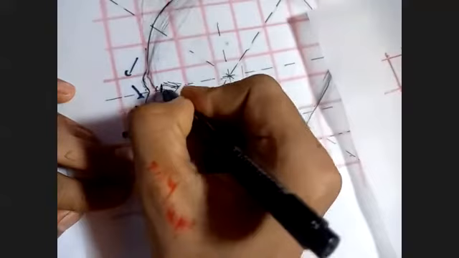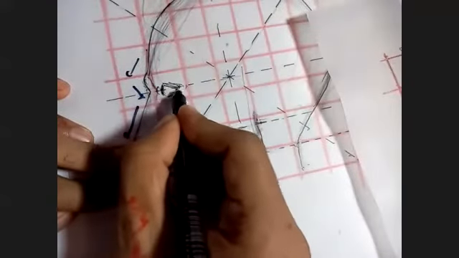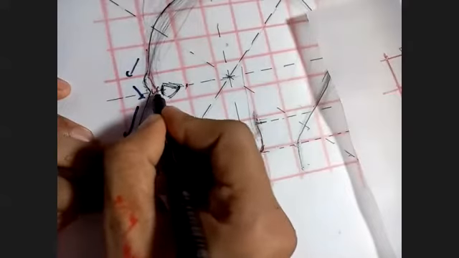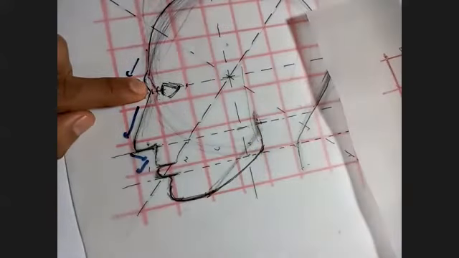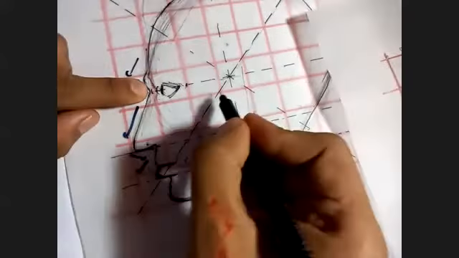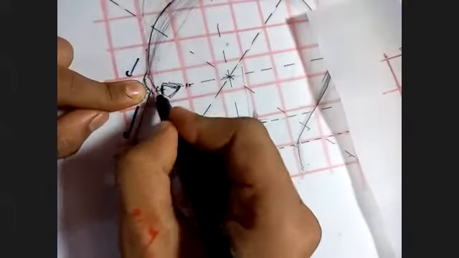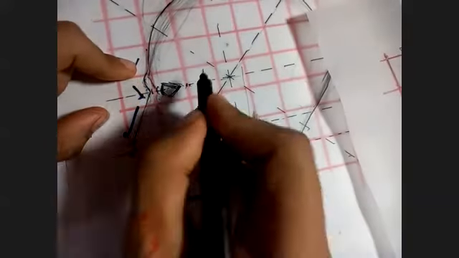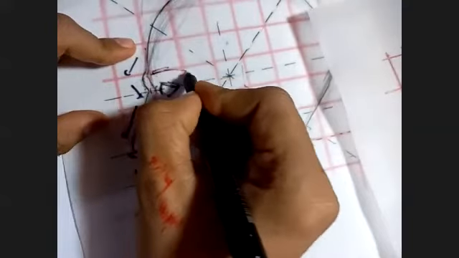See? Don't let it touch any of these. Just inscribe it within this. You're going to have to see, this is your limit. Within this, you're going to leave some space. Imagine if this came all the way till here. It would look weird, wouldn't it? Then it would look weird. So leave some space and then inscribe it within this. Your eyes. And your eyebrows.